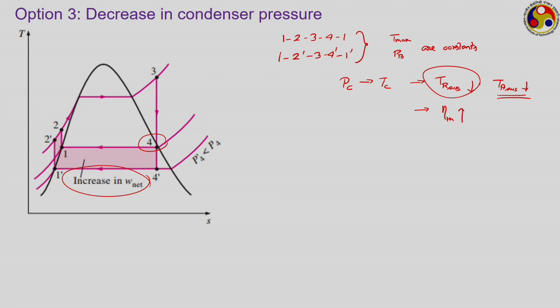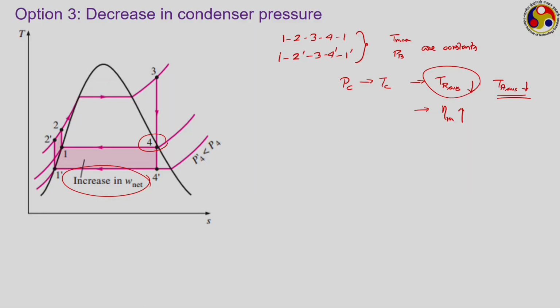First is the boiler pressure, where we have the disadvantage of a reduction in the turbine exit quality, then an increase in the maximum temperature, where the turbine exit quality is increasing, and the third is a reduction in the condenser pressure. But what is happening to the exit quality? The exit point is getting shifted towards the left, that is, towards the lower quality side. So, again here we are having a low quality mixture at the turbine exit, so an erosion problem will be there. So, this option of decreasing the condenser pressure comes with a problem of reduction in the turbine exit quality